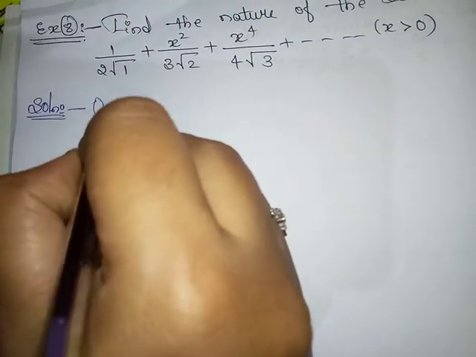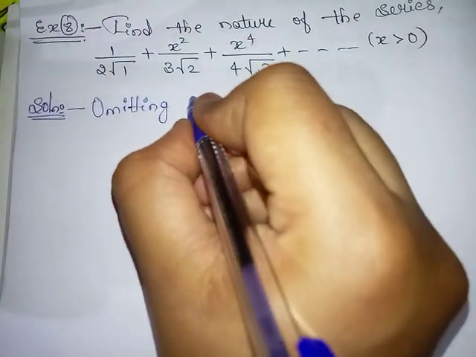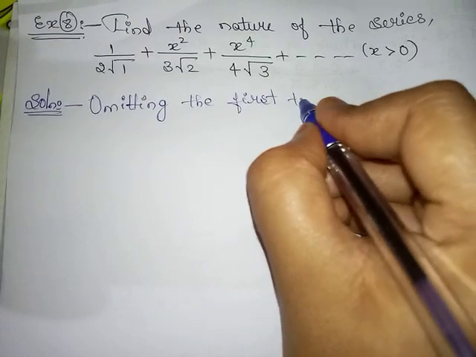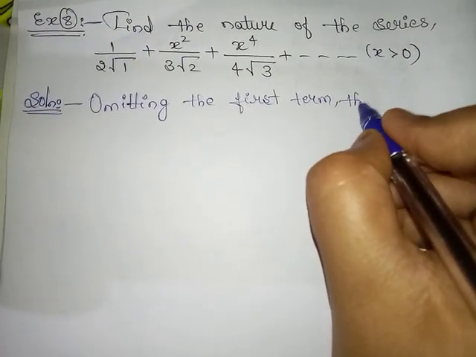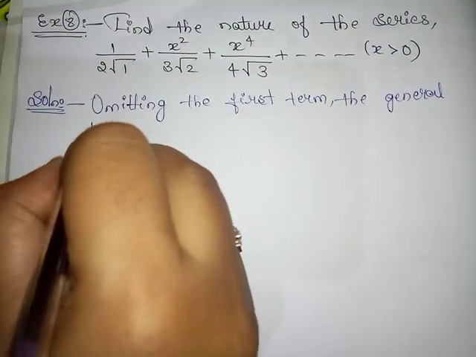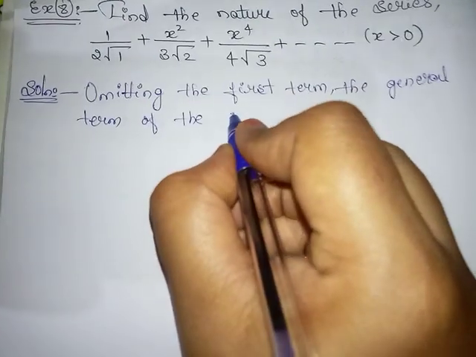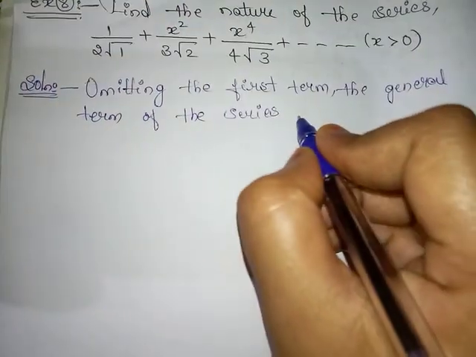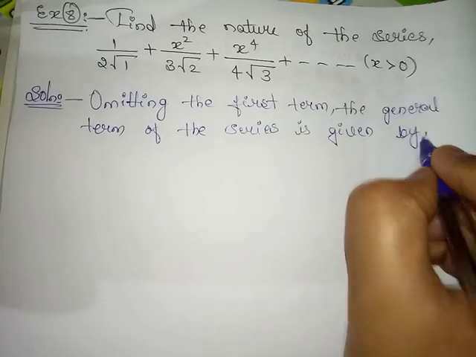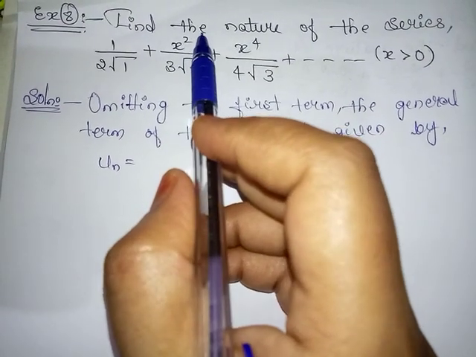Omitting the first term, the general or the nth term of the series is given by un is equal to, consider here value of n is 1,